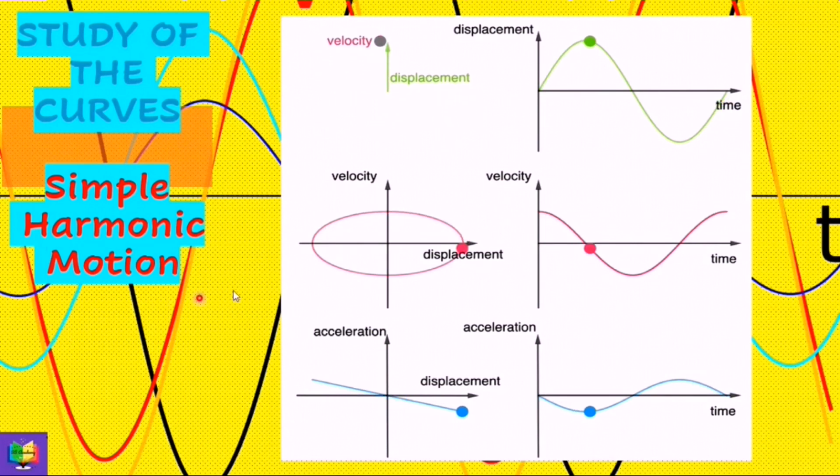Today's topic is graphical representations of simple harmonic motion. We will examine the idealized graphs of displacement, velocity and acceleration against time t of simple harmonic motion, and we'll see how the three graphs are related to one another. Moreover, we will also compare the displacement time graph of this idealized case with that of damped oscillations, and we'll see that in case of damped oscillations the amplitude of oscillation decreases exponentially with time and the oscillator comes to rest ultimately.